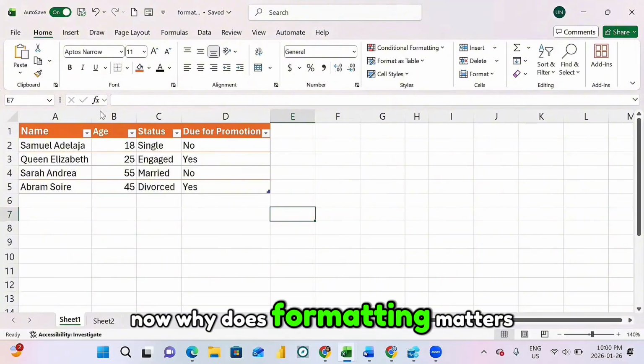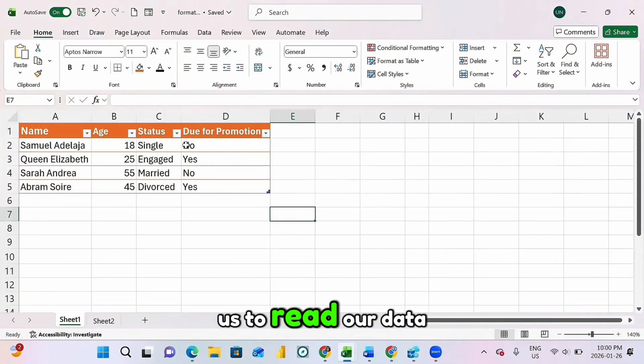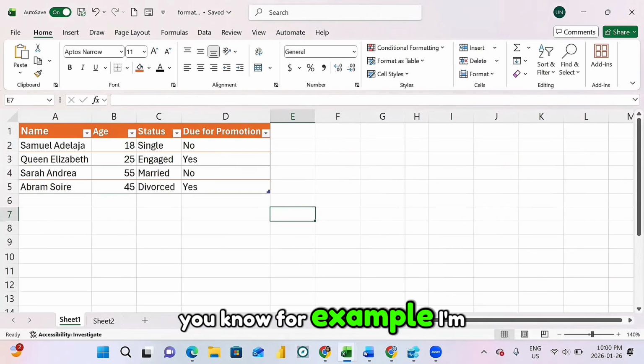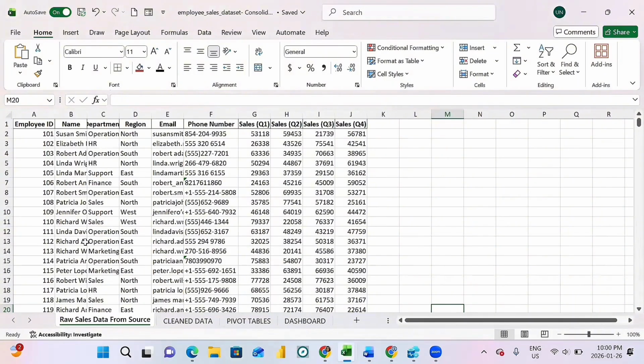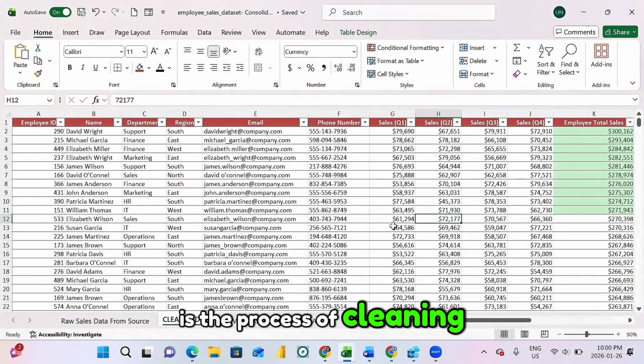Now, why does formatting matter? It matters because it helps us to read our data. It's not just about decoration. For example, I'm going to show you this data set. This is the raw data, right, from the source. And this is the process of cleaning,